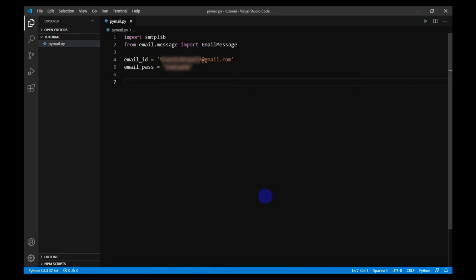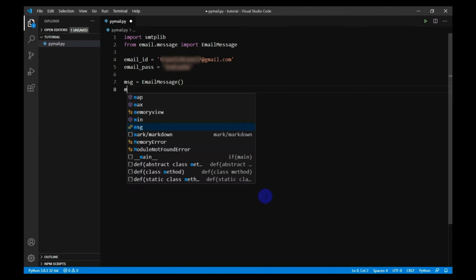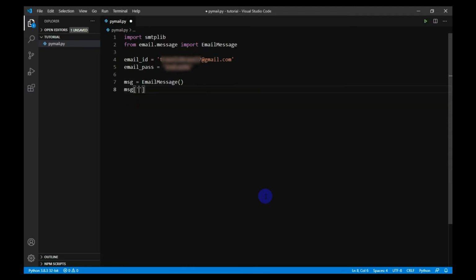Then I will create a message object using the EmailMessage class. After that I will create the subject. Make sure you type exactly in this fashion as these are the keywords.